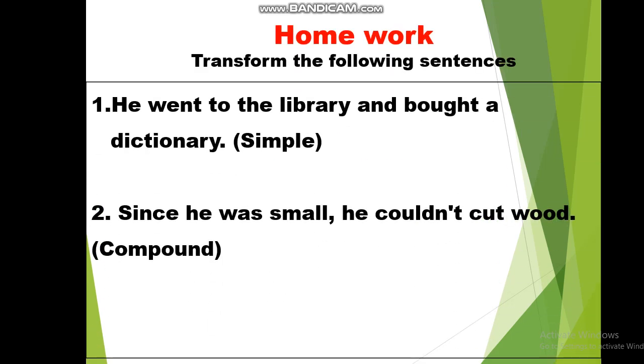Homework, please. Two homework items are given to you. He went to the library and bought a dictionary. To make it simple, you have to use the verb plus ing form. Then the subject will be transferred to the second part. And the second sentence is: since he was ill, he could not cut wood. This first one shows the reason. So you can make it compound: he was ill and so he could